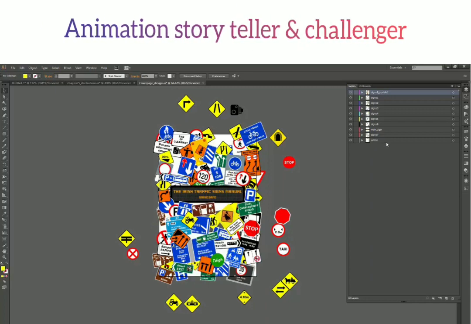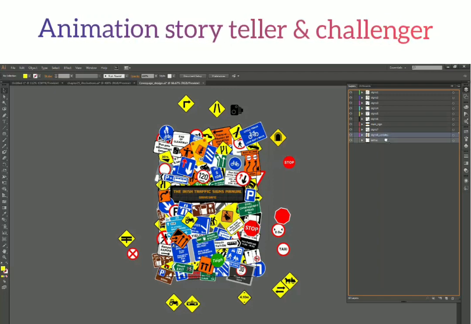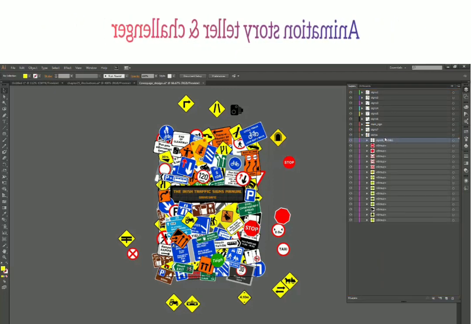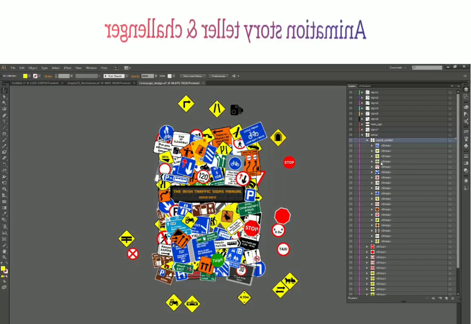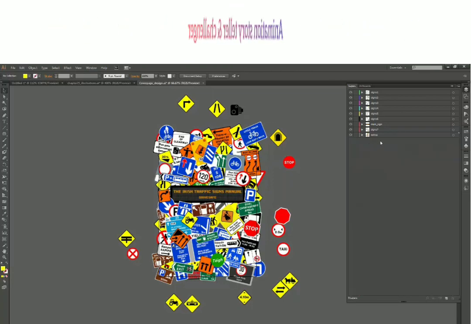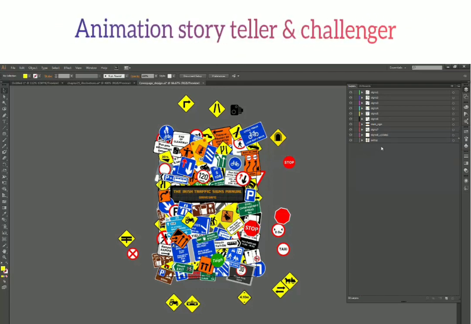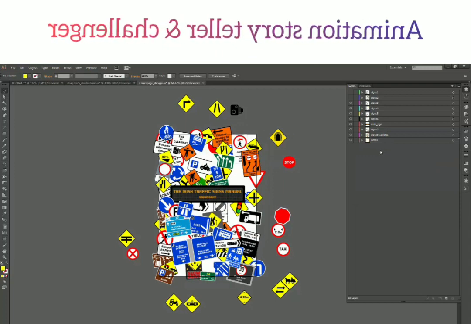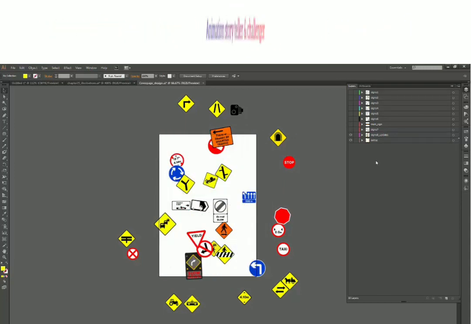Okay, now what happens if I release it on a layer? Let's say this sign 8, I'm dropping it onto extra. Now what it does is it dropped my entire layer inside a layer. So it is called the nesting of layers. So I have this layer sign 8 update inside this extra layer. So yeah, that's fairly simple. And let's just undo it and hide all the layers we don't need right now.